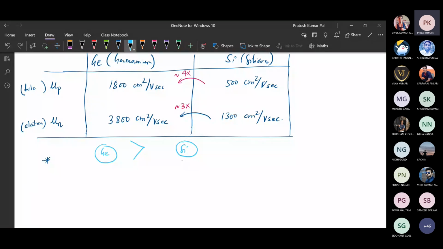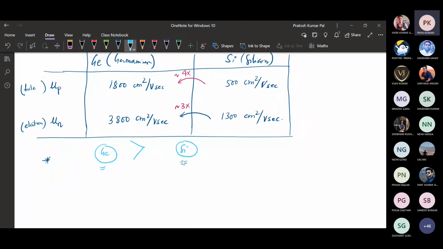Okay, so in terms of speed of operation, there is some trade-off between germanium and silicon. If a device is being formed using germanium or silicon, based on its properties, there are some properties in which silicon dominates, and in some properties germanium dominates. So based on the requirement, we will choose which type of material to use for device fabrication. So if we want a faster operation, definitely we can choose germanium.